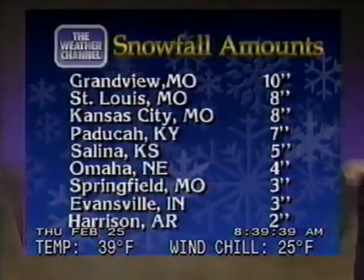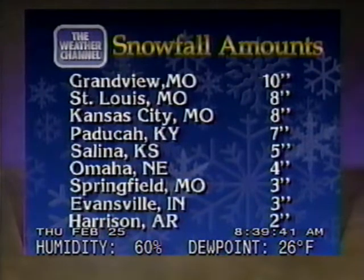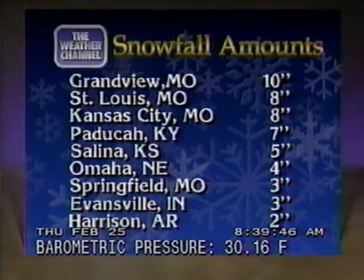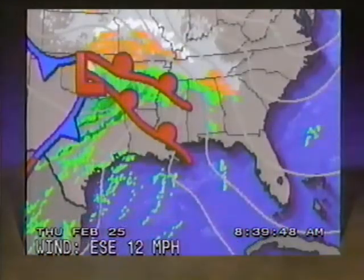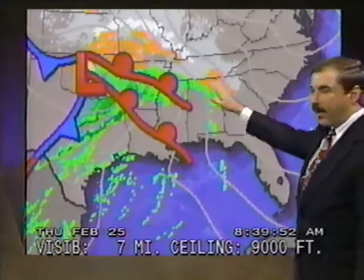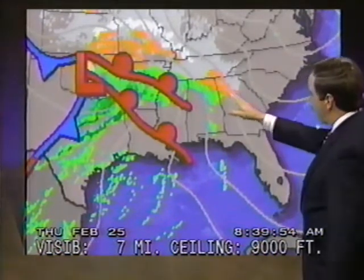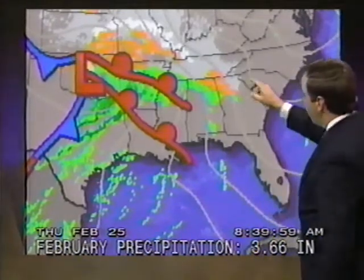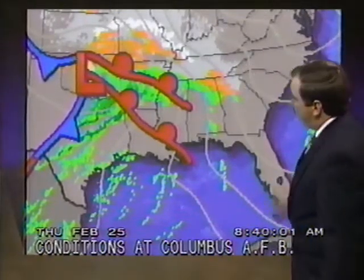As a matter of fact, look at this. Grandview, Missouri has picked up 10 inches of snow so far. St. Louis and Kansas City, 8. Paducah, 7. And it's continuing to come down, and it will be spreading on towards the east. Nashville and Crossville, Knoxville have some snow, but some sleet and freezing rain around Chattanooga down towards Atlanta at Dobbins Air Force Base. And now the snow is flying as you get into Anderson, Greenville, South Carolina, Asheville, North Carolina,